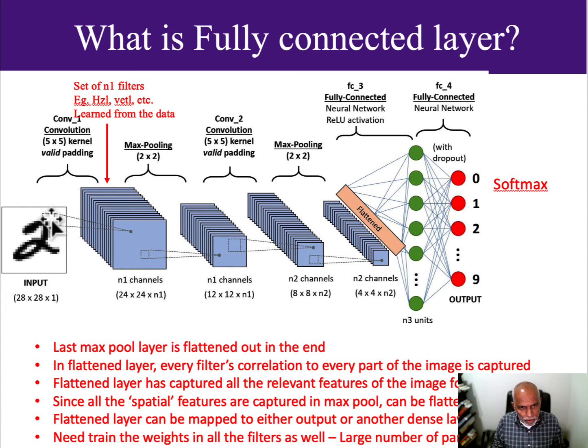So this filter has the ideas about the feature, what kind of features need to be captured, whether it is based on the curve, vertical line, oval, square or circle, whatever is implicated here. When it goes around, it picks up those areas where these signals are capturing those numerals, or embedded in those numerals. So a 28 by 28 becomes a 24 by 24 size when this is a 5 by 5 kernel, because you remember the 5 by 5 kernel is basically going over